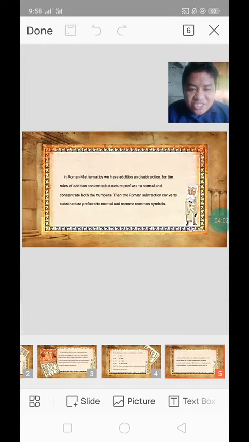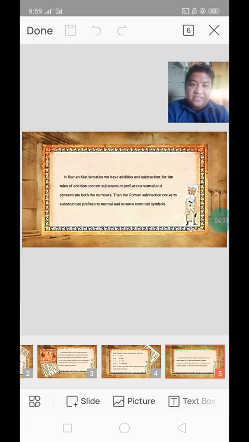After that, we have Roman mathematics addition and subtraction. For the rules of addition, convert subtractive prefixes to normal and concatenate both the numbers. Then for Roman subtraction, convert subtraction prefixes to normal and remove common symbols. For adding, the rule is to add the same letters. For example,